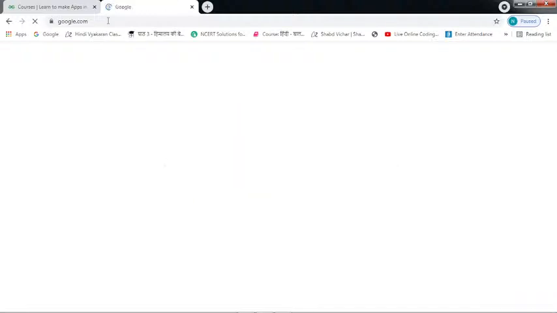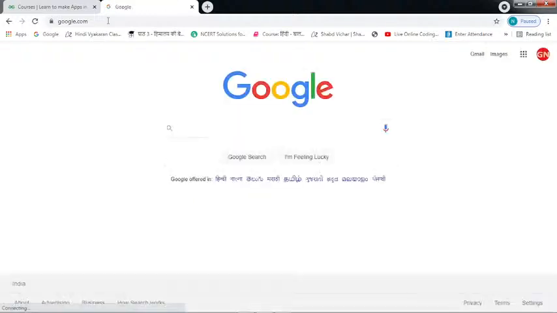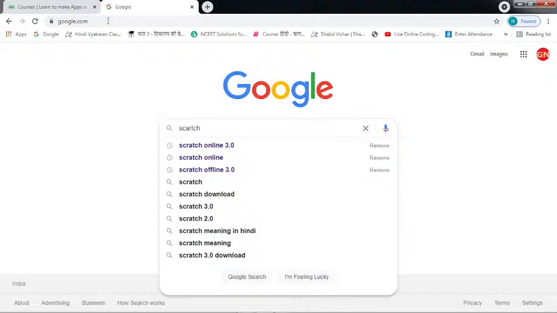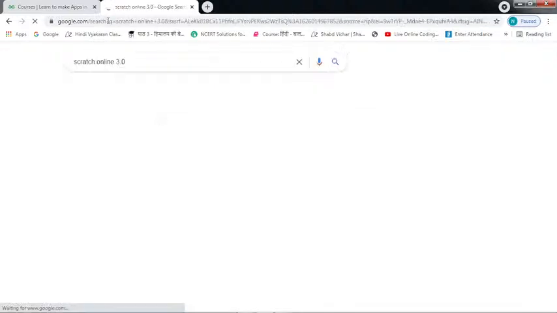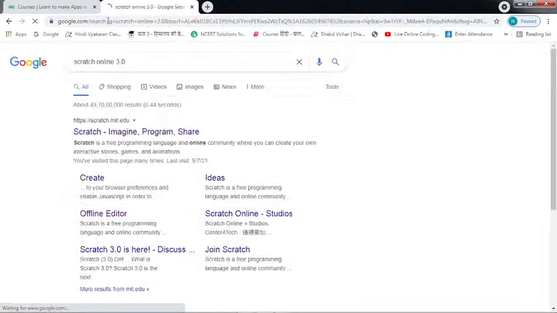So today in Scratch we are going to develop face filters. For that we will be using the video sensing blocks. Now how can we develop such a thing? Let's check it out. So the first thing we have to do is we need to access the Scratch online platform. Right now you are not able to see me because I will be using the video sensing blocks, so I haven't enabled the